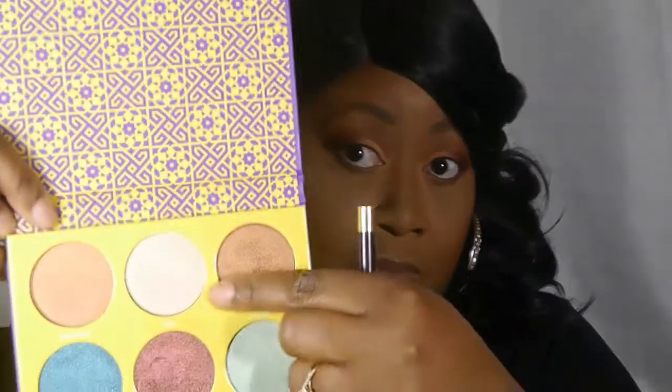They are so pigmented and so pretty. I'm using patting movements here. I'm not swiping. I'm just lightly patting and going back and forth, trying to make sure my eyes are as closed as I can get them and still see, so I can get that color in between all of the lines on my eye. Now we're going to go in with that gold color in the tear duct area